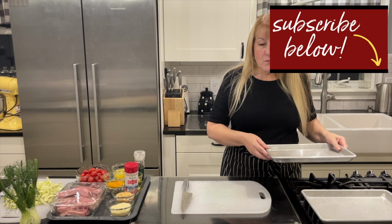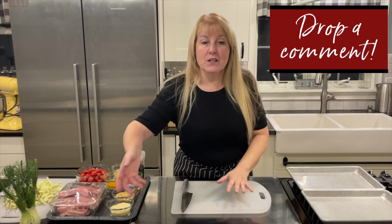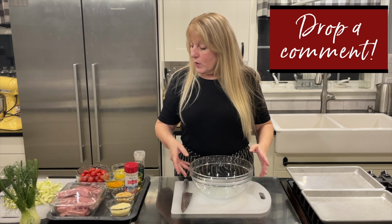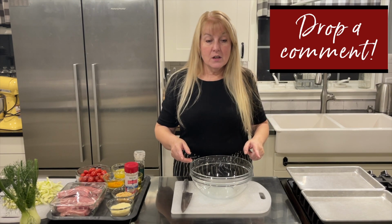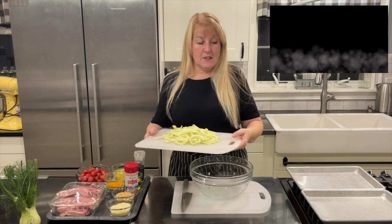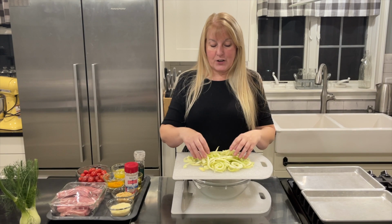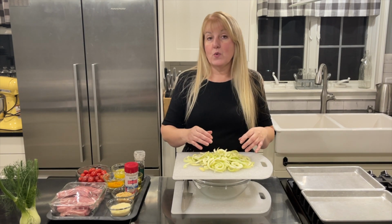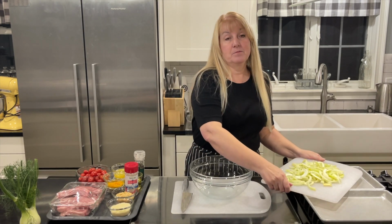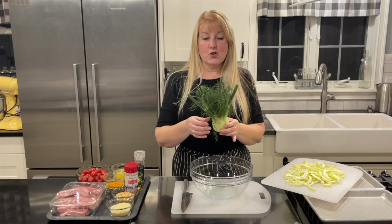So what we're going to do is get ourselves a bowl, and we are going to put our sliced fennel into the bowl. Now, if the sight of this panics you because you don't know how to prepare a fennel, or maybe you don't even know what a fennel is, this is a fennel, and I made you a handy dandy